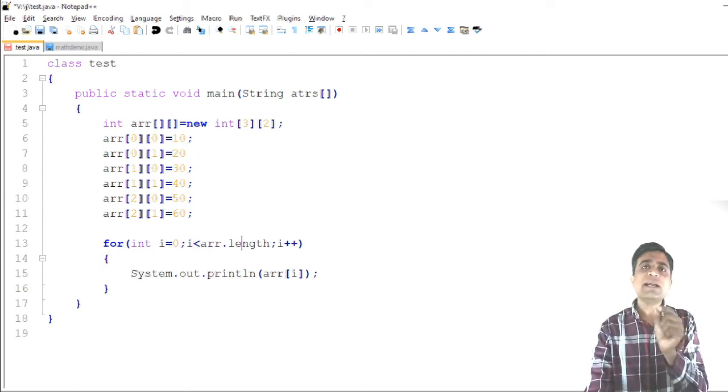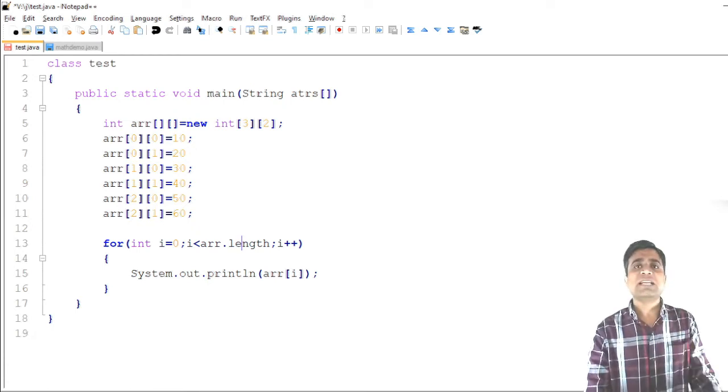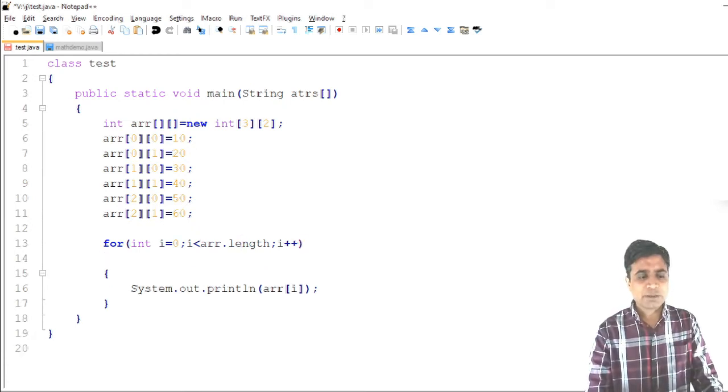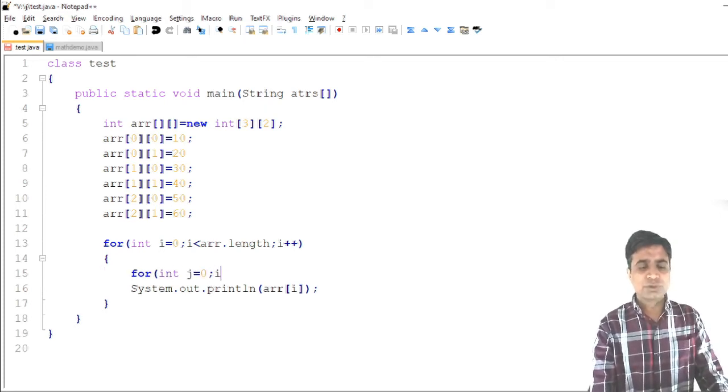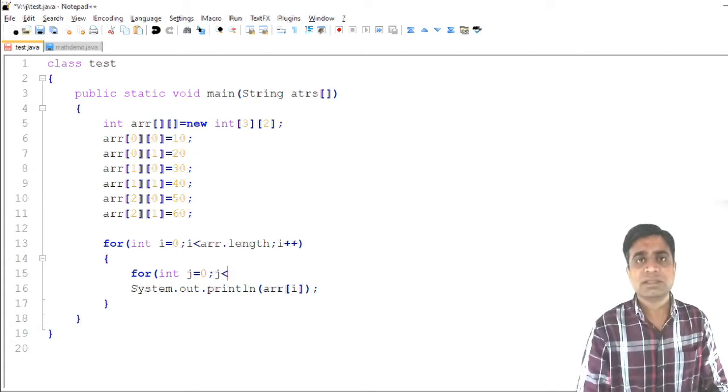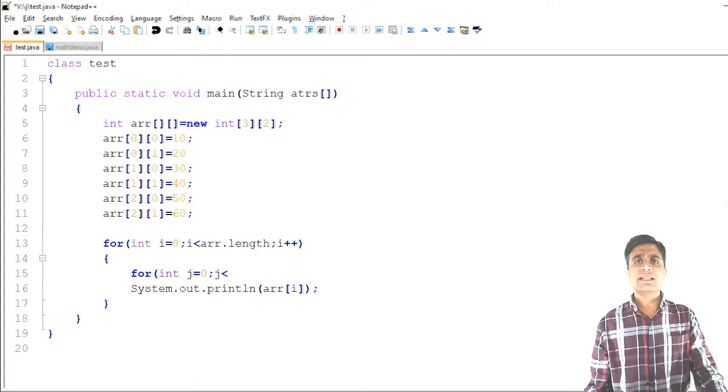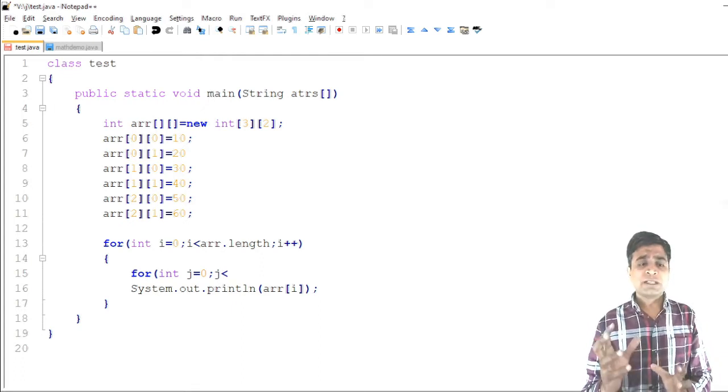So here, array.length will return the size of the rows, i++. I am using another loop, the for j loop, int j equals 0, j less than... Now here we need to pass the size of the column.